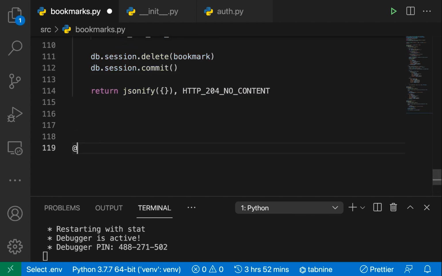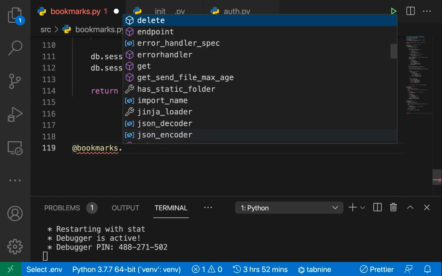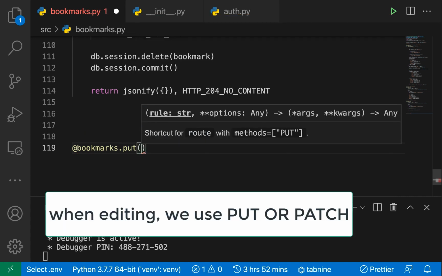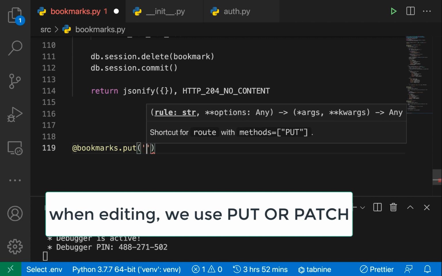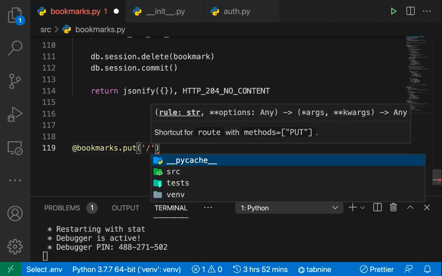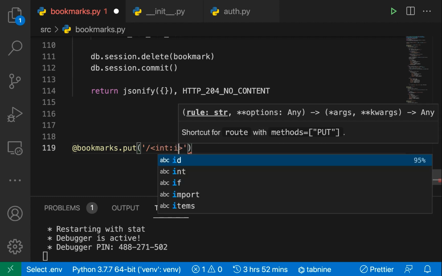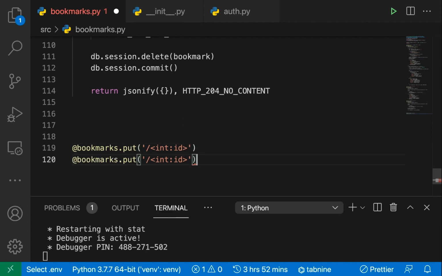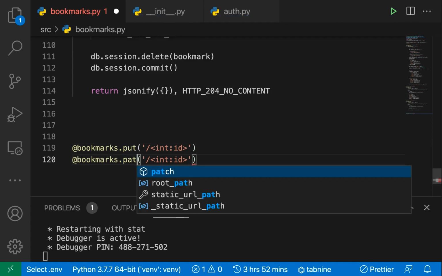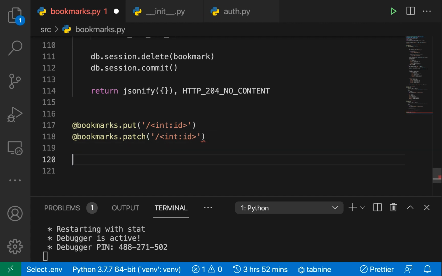So on here, we'll have at bookmarks, then we want to call .put. We use two common HTTP methods. One is the put, another one is the patch. So we want to target when a user is making a put on the ID. So we can also handle the same thing for the patch. So we can just have patch on there too. So then we can handle